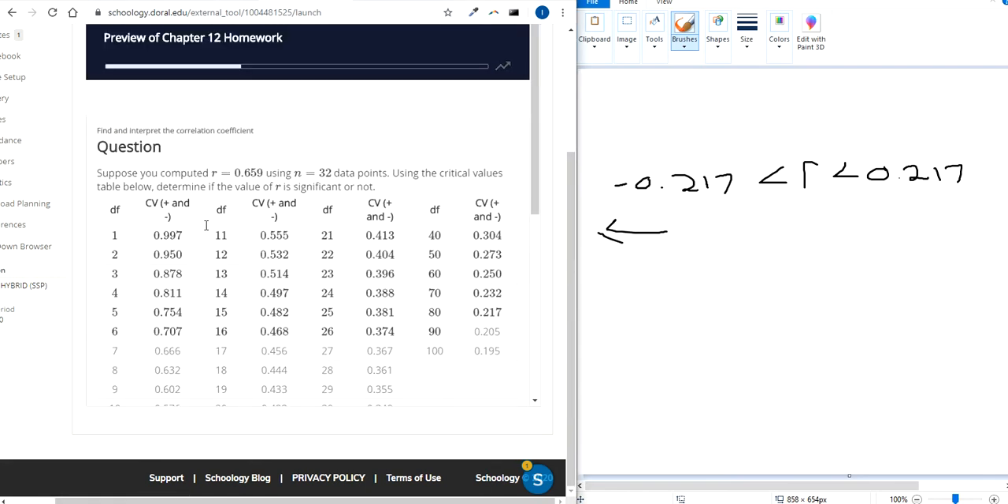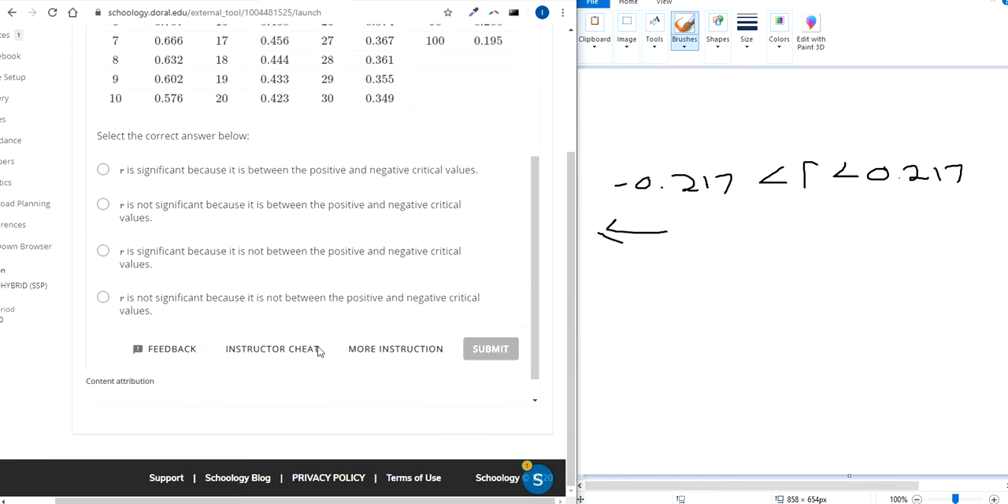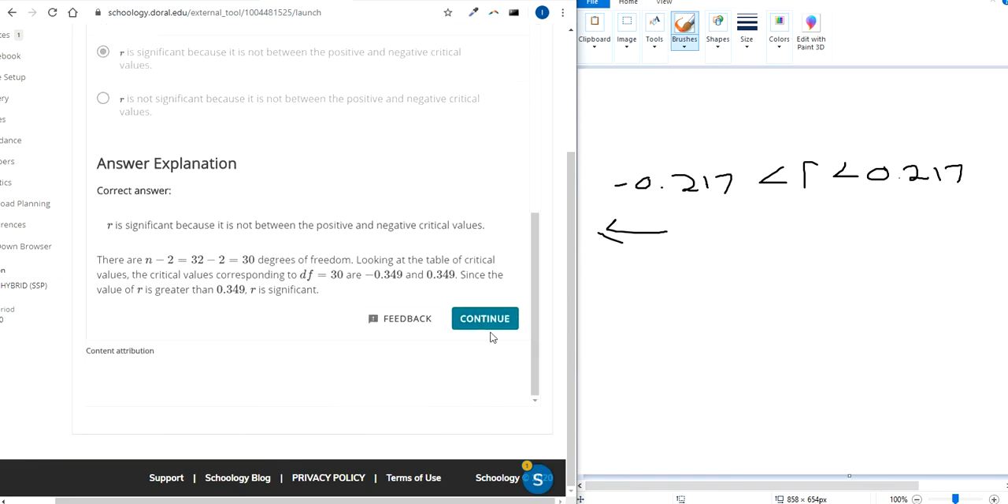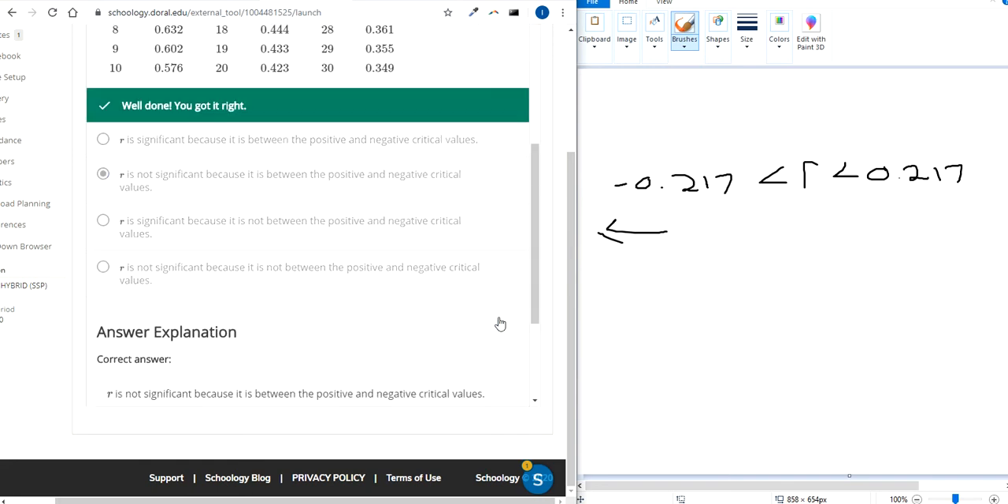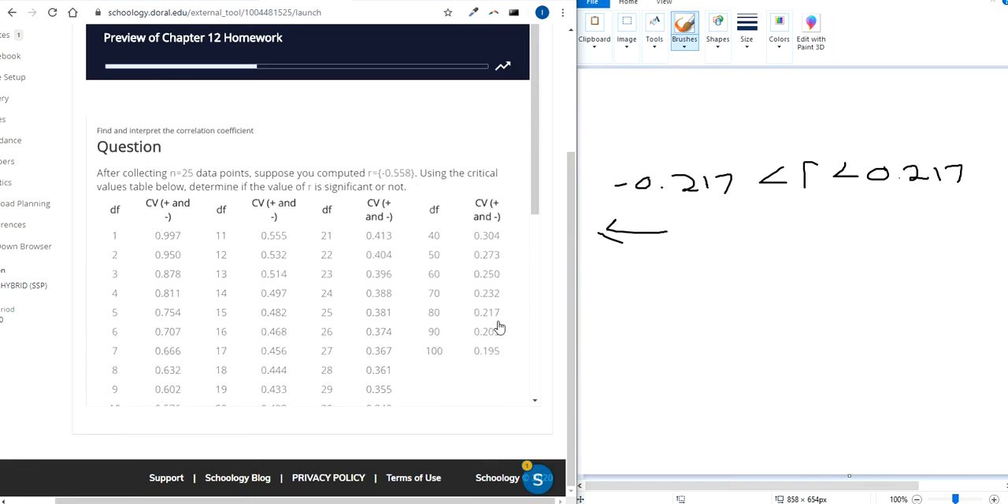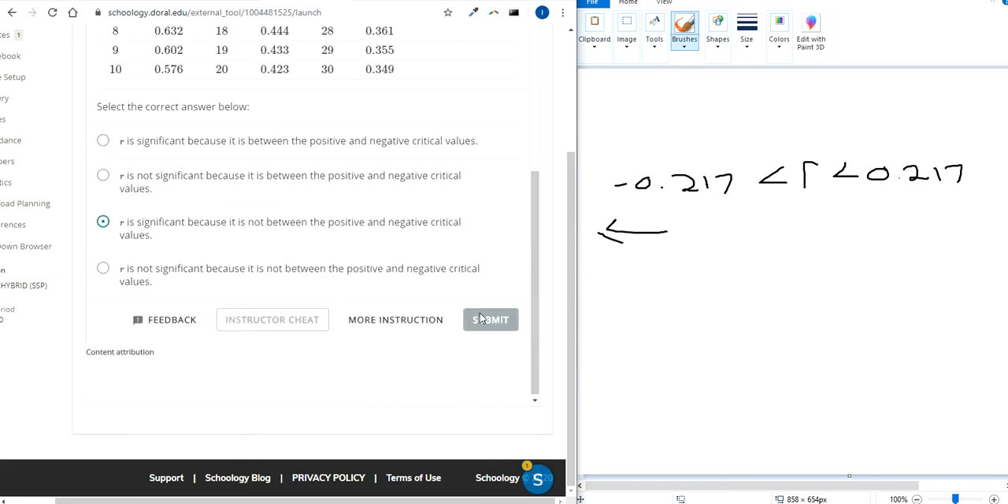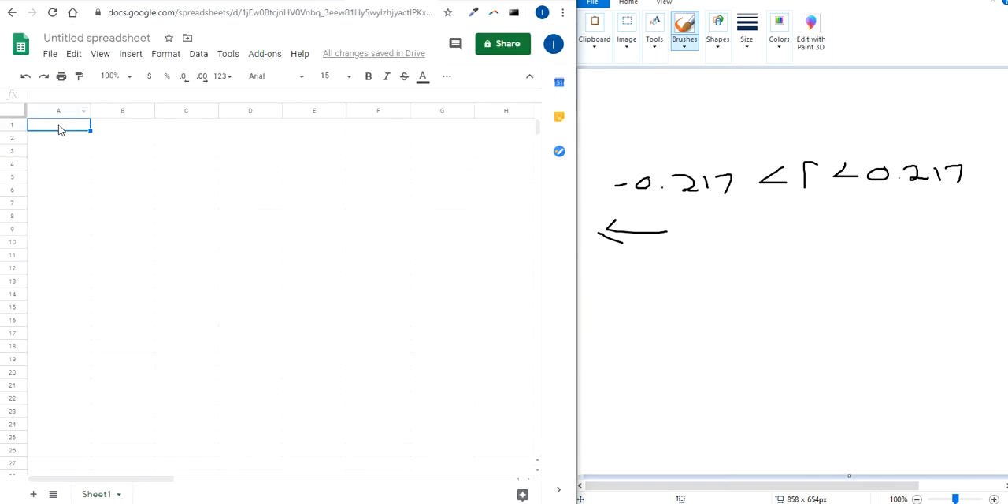Let me find the same type of thing for this one. Let me see if I can get one where they ask us to calculate. I can show you how to do it. No, none of these it looks like they're going to ask you, but just in case it does come up,